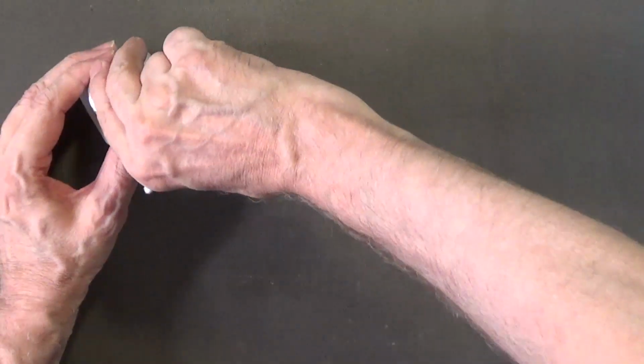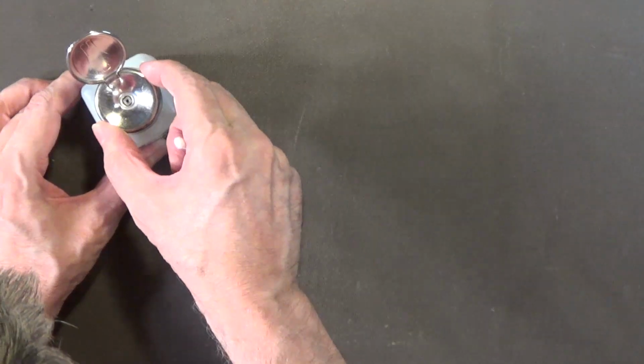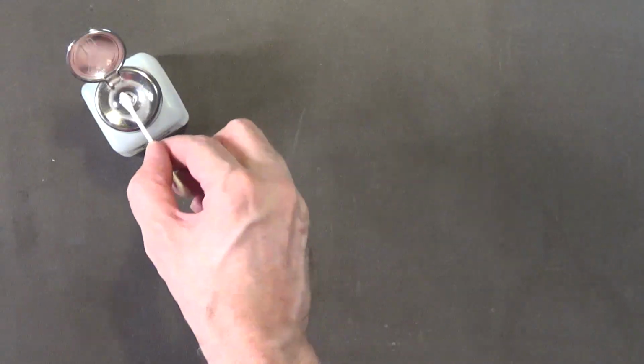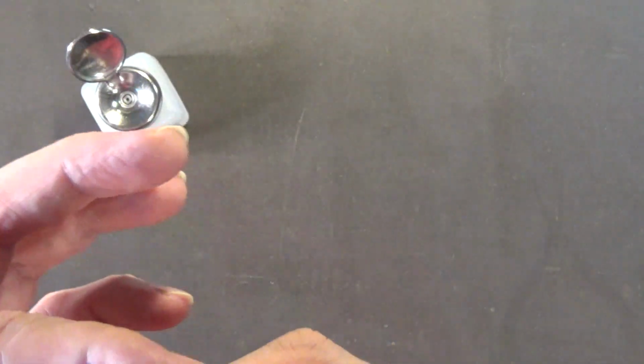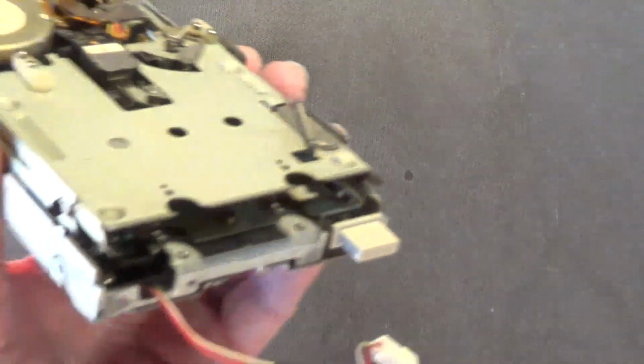See, there's an alcohol bottle right there. We're going to open it up. This is how we do it professionally. Pump it a few times. See how the alcohol flows up on top? Dip your cotton swab in there like that. You want to squish out the excess. You don't want it sopping wet. And then on your disk drive, you want to